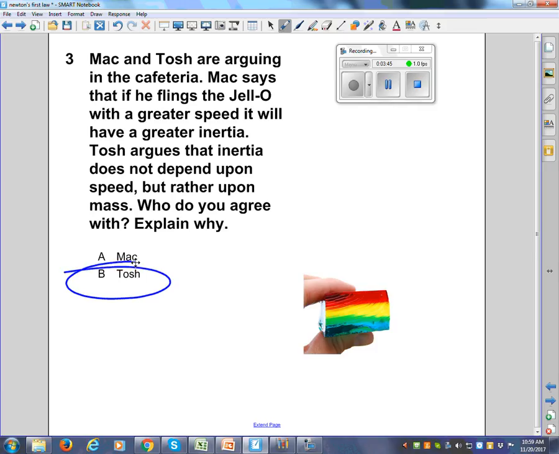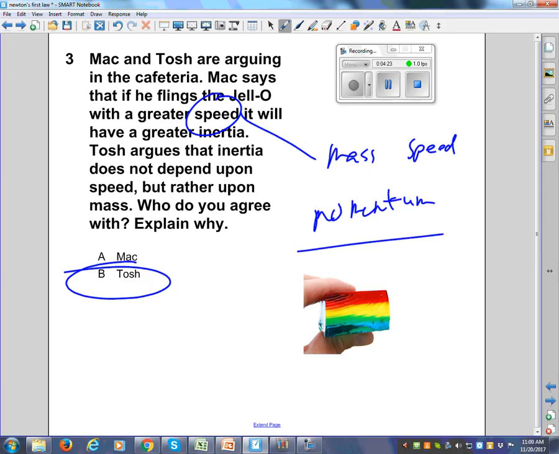Inertia only depends on mass, right? Objects at rest stay at rest, and that's based on their inertia. The bigger the object, the more mass it has, and the greater its inertia. If you think about a train trying to stop, how easy is it for a train to stop? It takes a long time. It's got a lot of inertia. What you're thinking of when we deal with speed, if you've got mass and speed, is something else called momentum, which is a grade 12 topic. But inertia is just an object's tendency to keep on doing what it's doing,